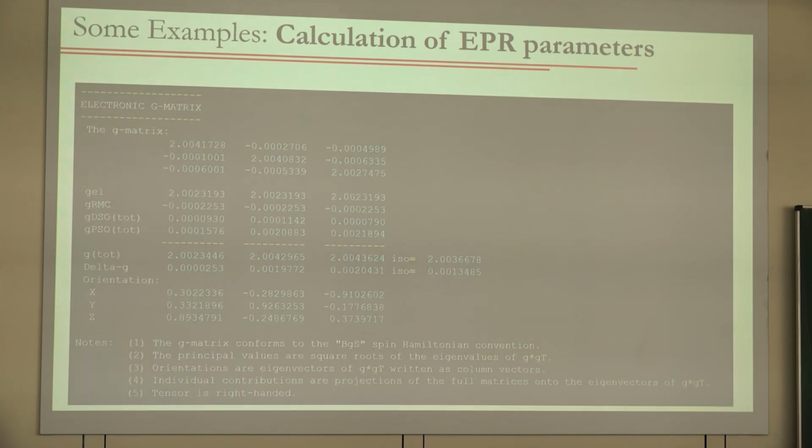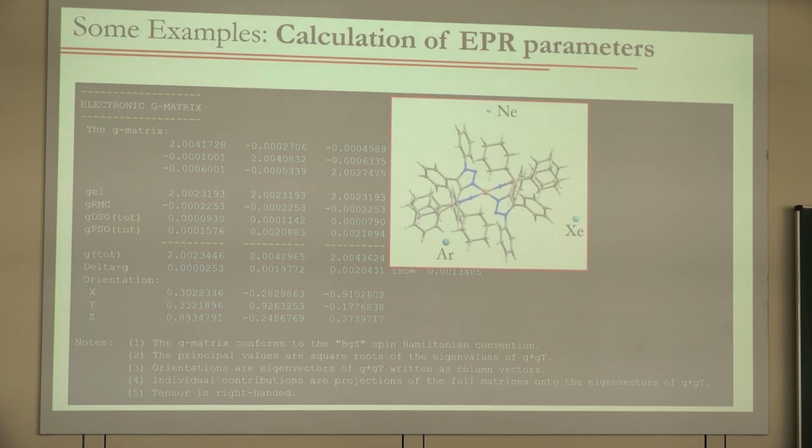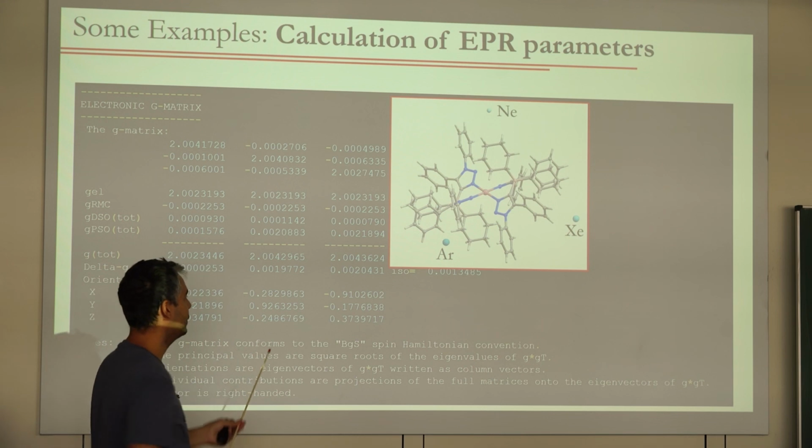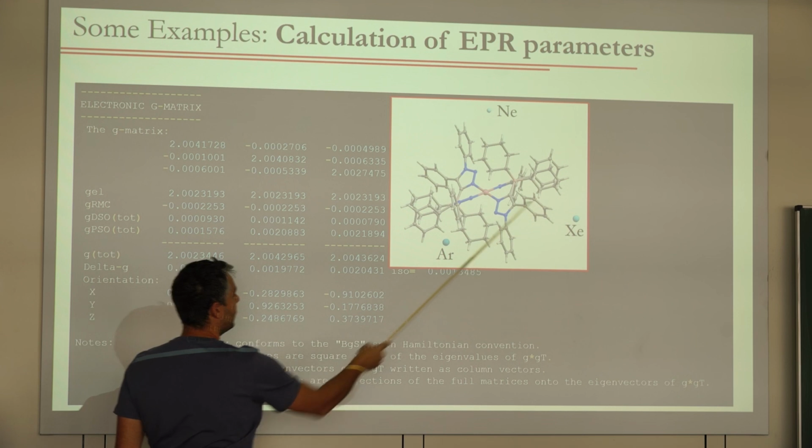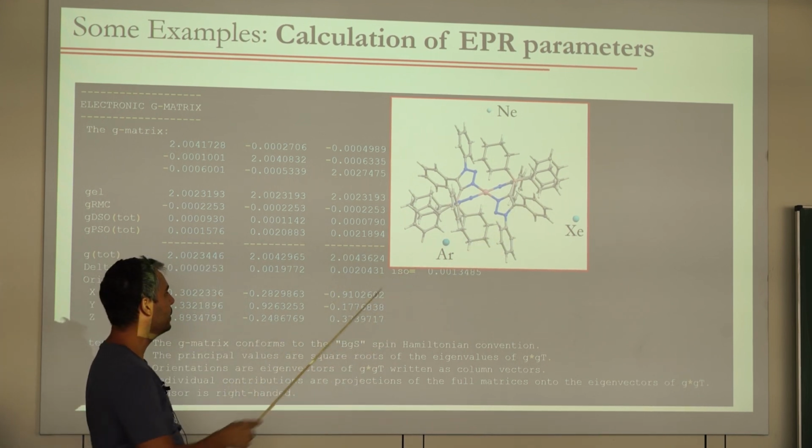This is an example of an output. These are different examples of things you can calculate, but I will go faster. This is what you would get, the G matrix of a certain molecule, I don't remember which. It gives you an output file that contains your geometry plus atoms which are noble gases like neon, argon, and xenon, I don't remember, that allow you to draw